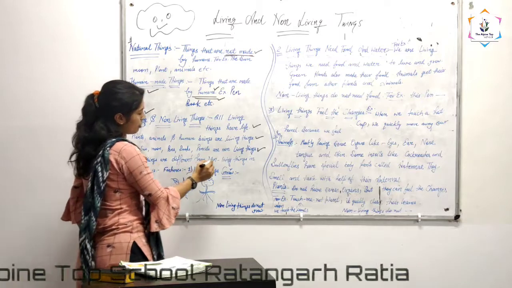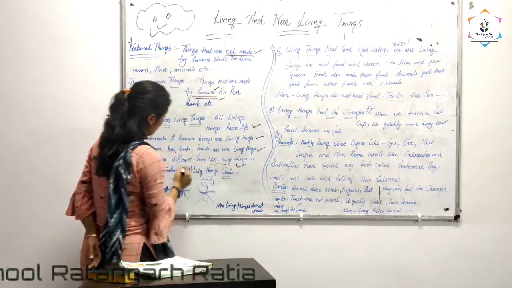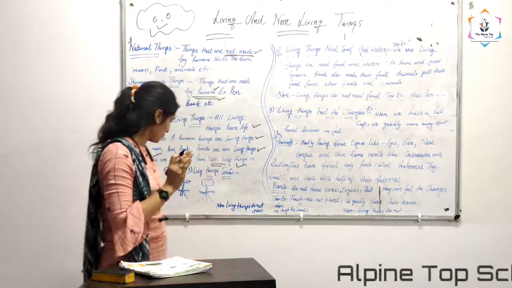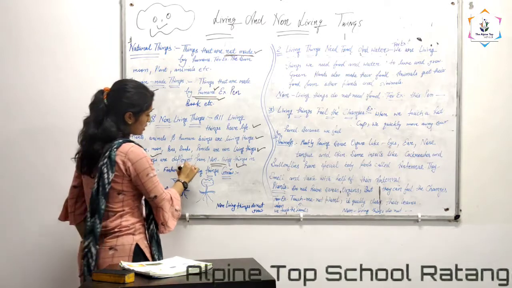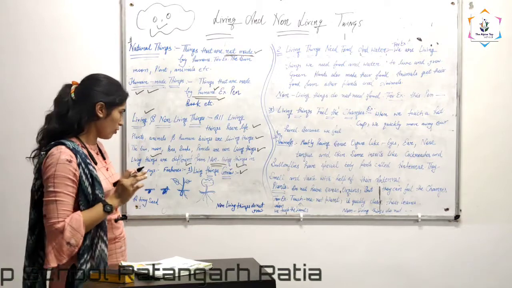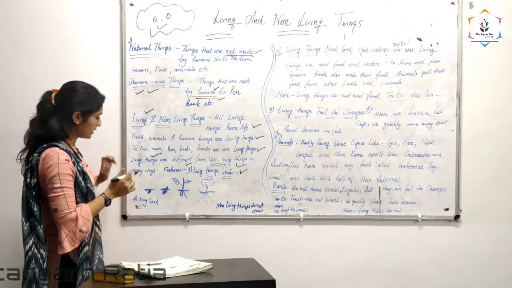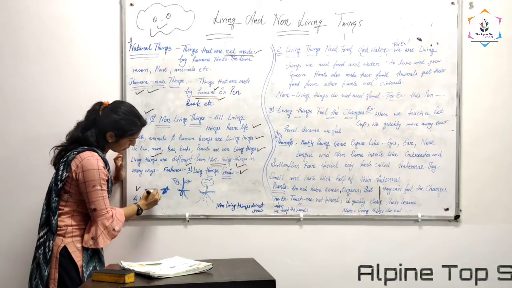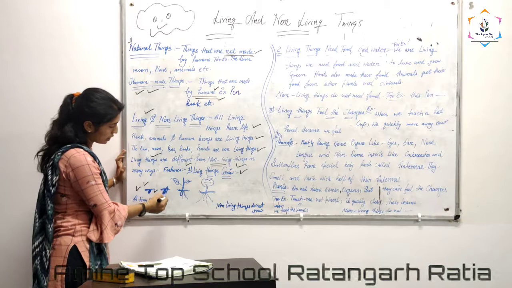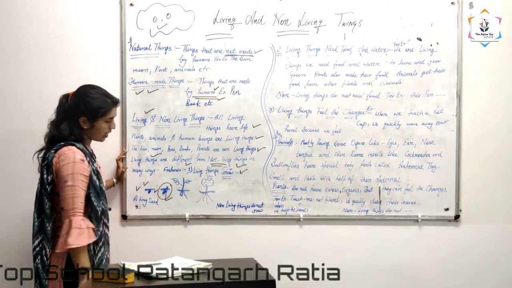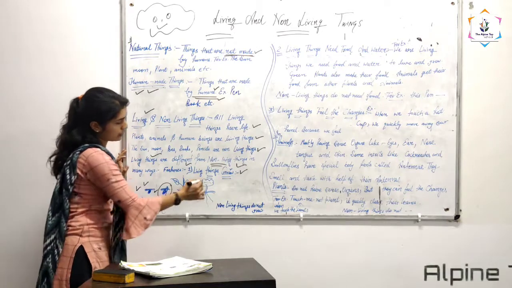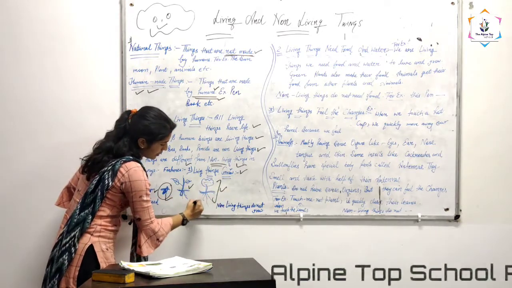Living things are different from non-living things in different ways. These are some features. First, living things can grow. First we take the example of a tiny seed. When we grow a seed in soil, this is the first position, and after some time it converts into this, and after some time leaves come. After some time it grows into a big